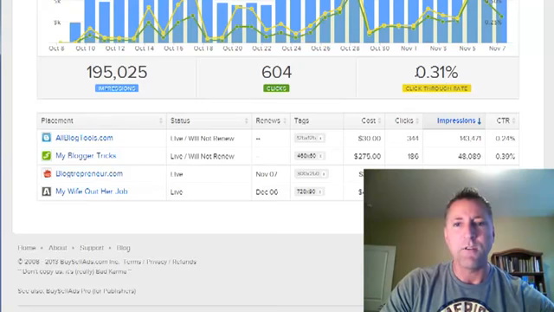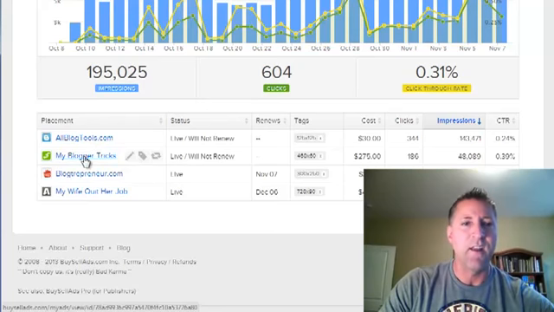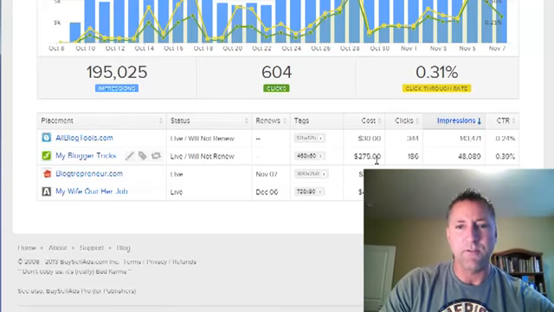So don't worry too much about this, but a high click-through rate oftentimes means that you're going to have a higher likelihood of having a profitable ad. So let's look at this one, My Blogger Tricks. All right, so you can see that I'm paying $275 per month for this ad.